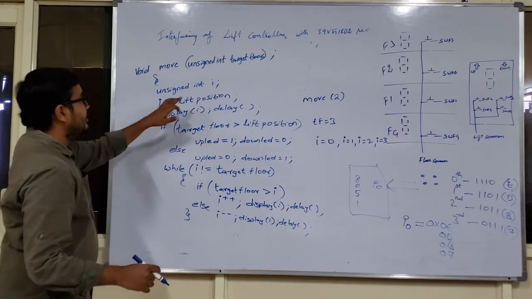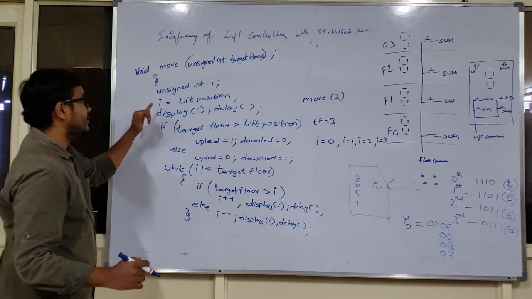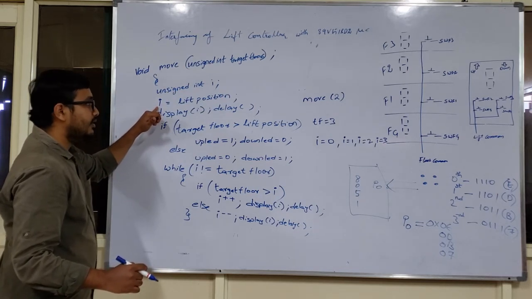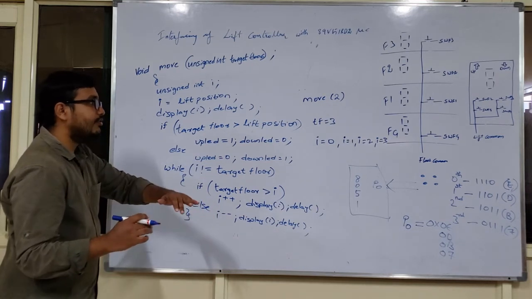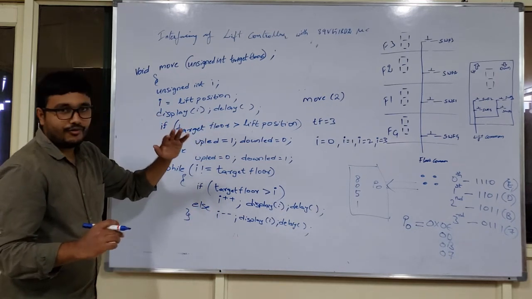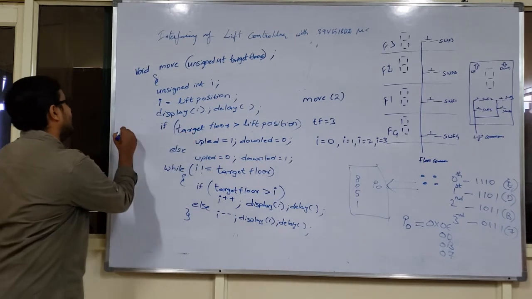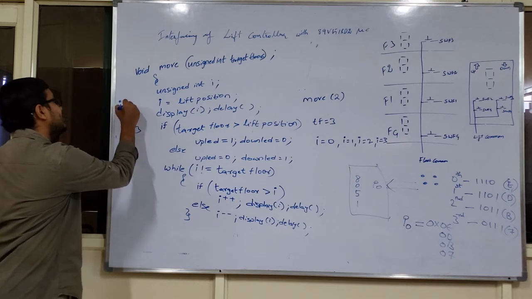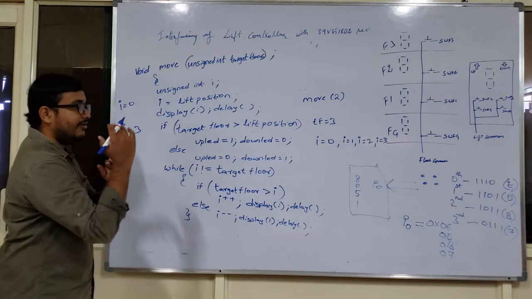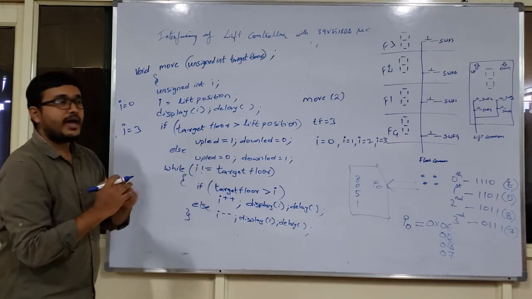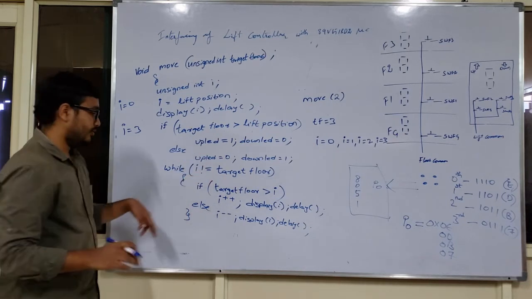Now the current lift position is being assigned to the I variable. That means here the I value is updated. That means from 0 it had gone to the third floor. Now I equal to 3. Previous value of I is equal to 0. Now the value of I equal to 3. So the value of I has to be returned back to the lift position, because now my current lift position is third floor.